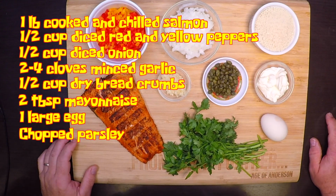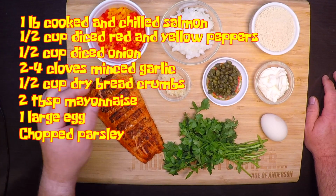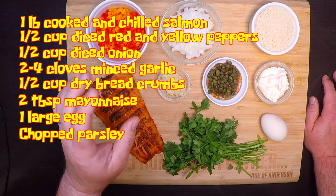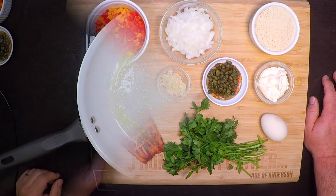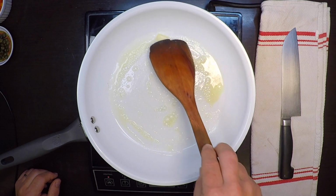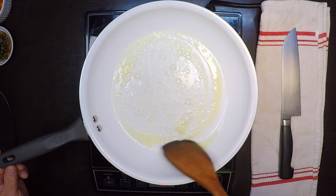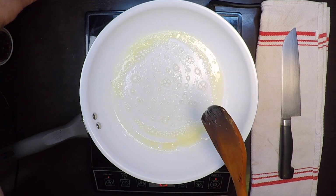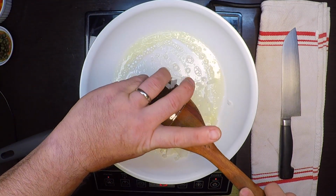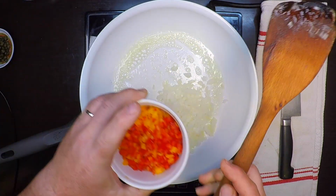Now, the first thing I want to do is to saute the vegetables down a little to remove some of the moisture and to get them to start softening up, because the last thing I want is little hard bits in the middles of my patties when they're finished. So let's start with around a tablespoon of butter, or bacon fat would be even better, and we're going to do this over kind of medium heat. Now we're just going to saute the onions and the peppers